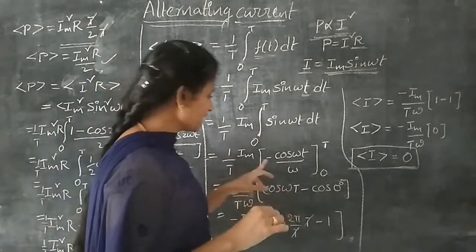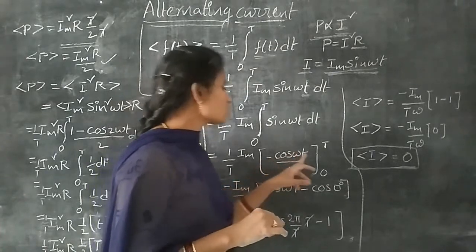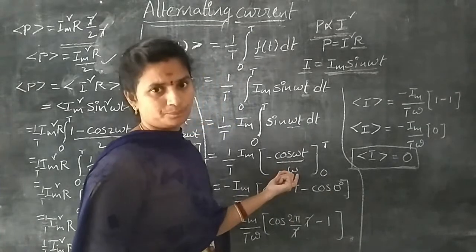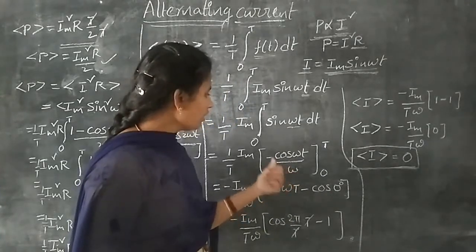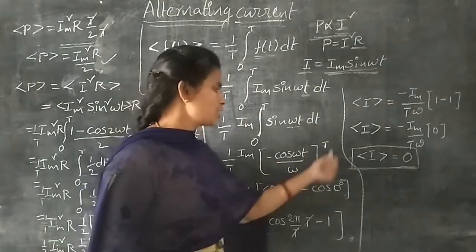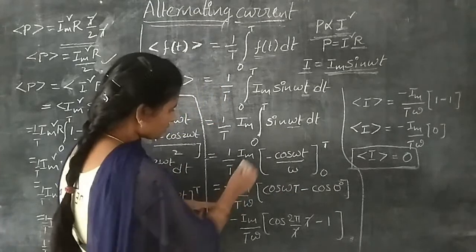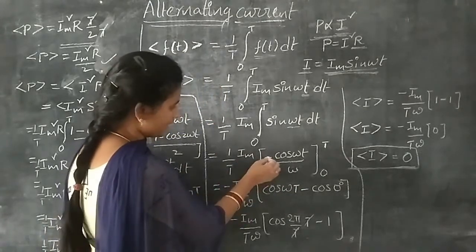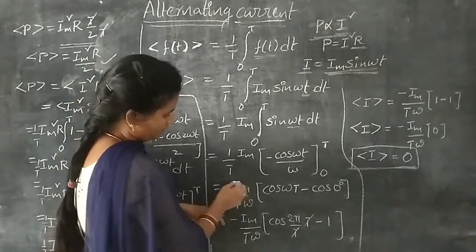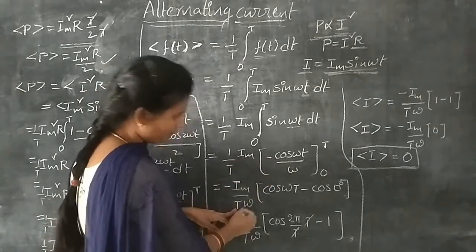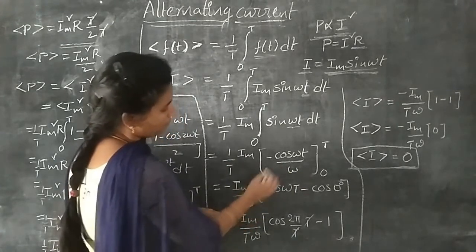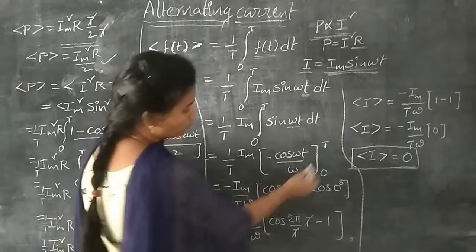The integral of sin omega t is nothing but minus cos omega t by omega, where omega is nothing but 2 pi by T. So here, minus cos omega t by omega from 0 to T. So here Im by T, minus the constant, so minus we have to take in front. So minus Im by T omega, cos omega t, we have to apply the